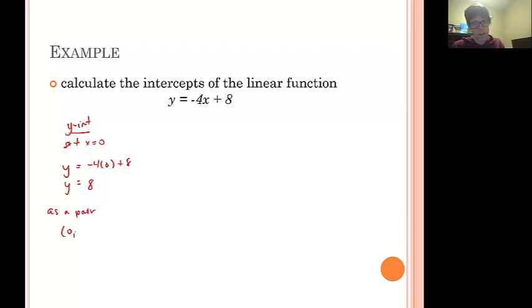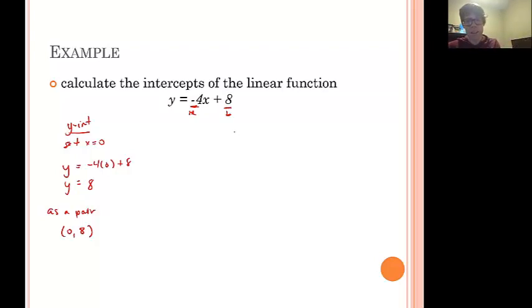So as a pair, we know that the x-coordinate must be 0 and the y-coordinate must be 8. Hopefully that's kind of an obvious answer, because this number here represents our slope. This number here is our y-intercept number, b. So it should come out to be the solution to the y-intercept problem if we use the x equals 0